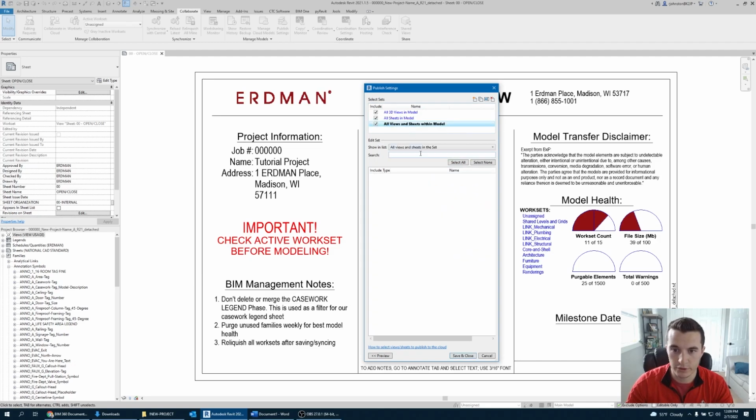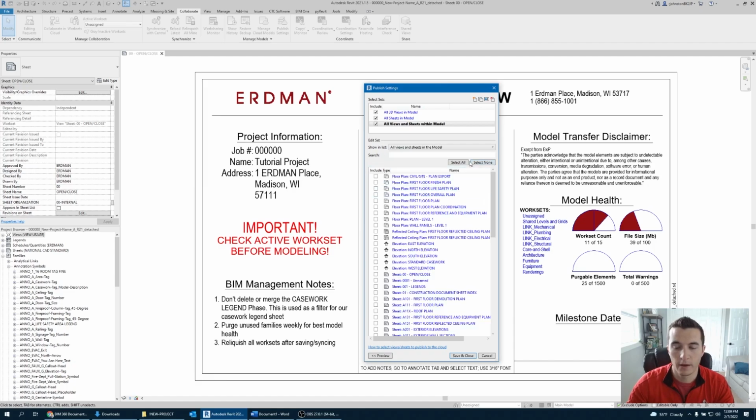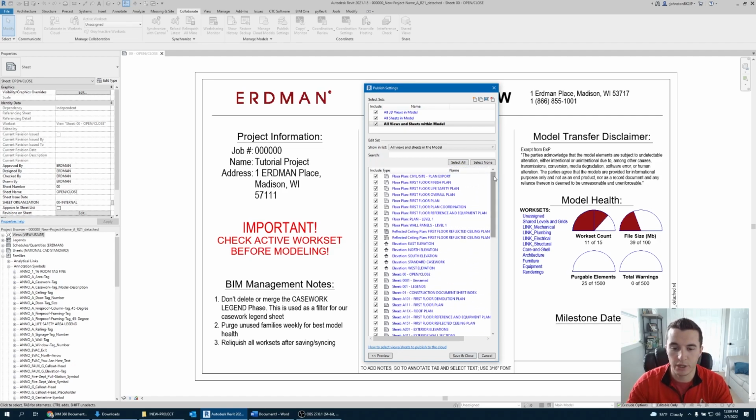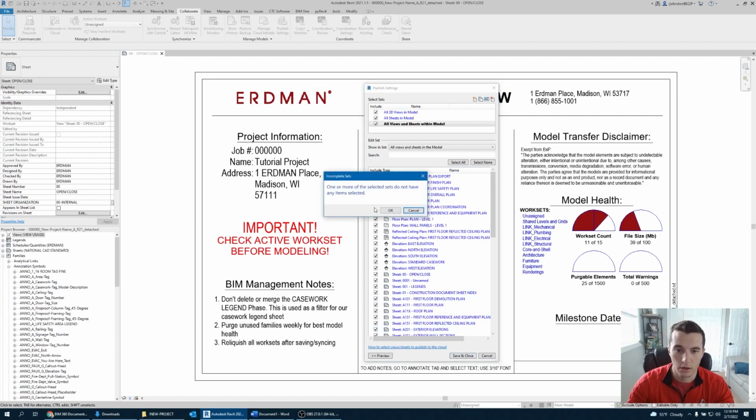Then it goes all views and sheets within the model. This one's pretty easy too. I'll filter right here and then select all. So you can also change this. As you start adding views, you'll have to come back into this publish settings and then update this list. Basically, you'll just find the correct one, hit the select all, and then we'll go save and close. One or more of these items do not have any selected items. All right, so